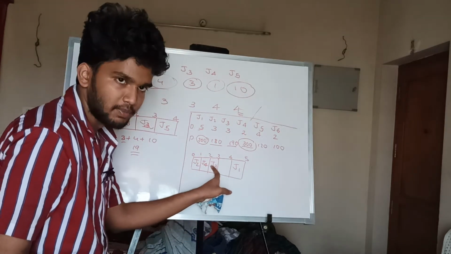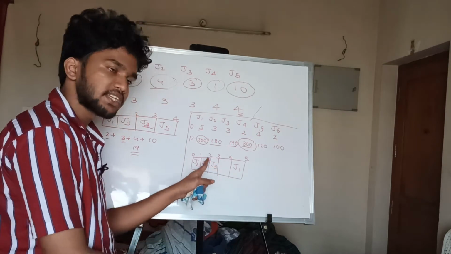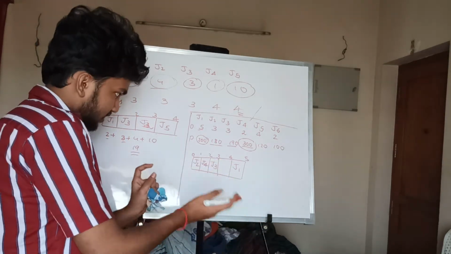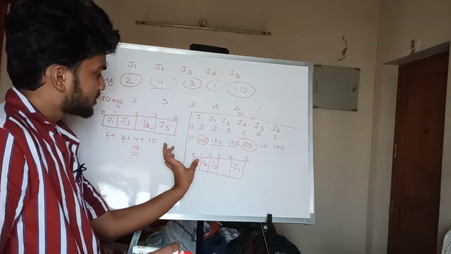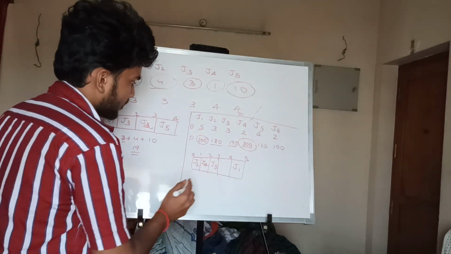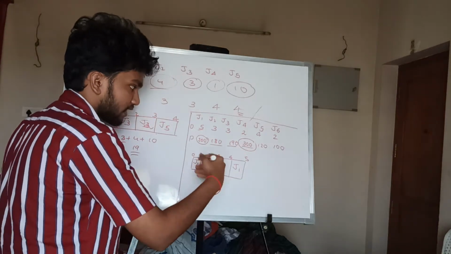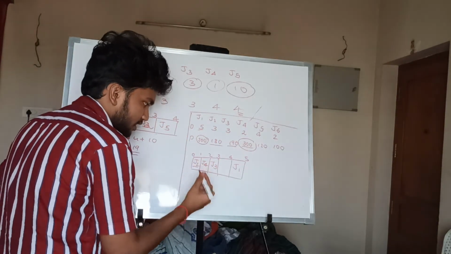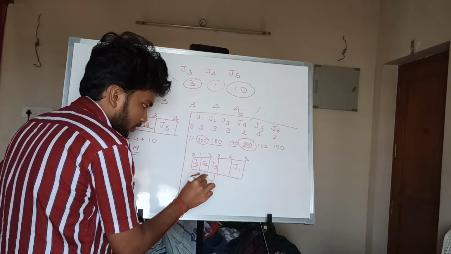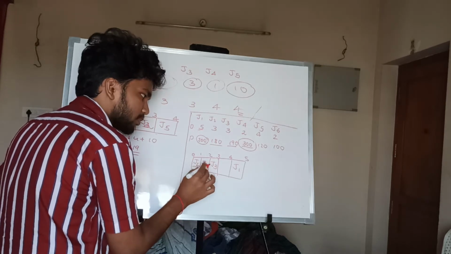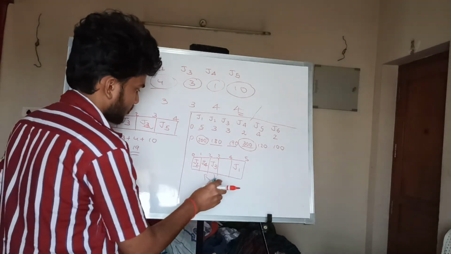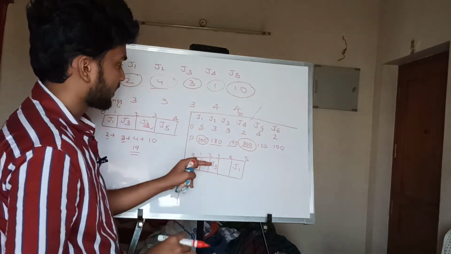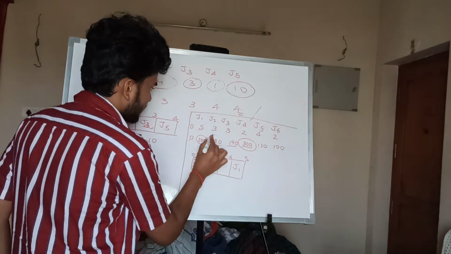Check the block availability. If it is filled before, check the left side, not the right side. Check the left side block. If it is also not available, check the left side block again. That is, with respect to this question, I have filled J2 here, but if you want to fill J2 here also, it is acceptable as long as the block is free. Okay, now again we have filled J2,